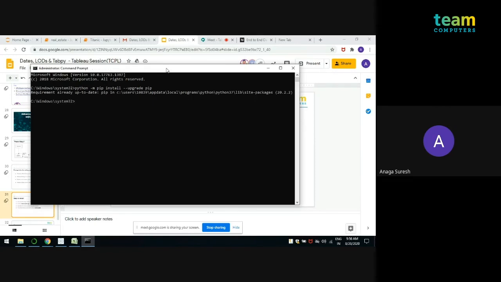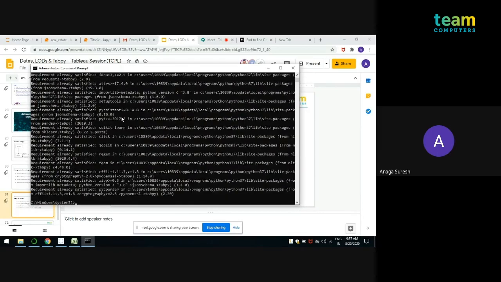Here the requirement is already satisfied because I have already upgraded my pip version. Then the next step is to write pip install tabpy. Again, the requirement is already satisfied.